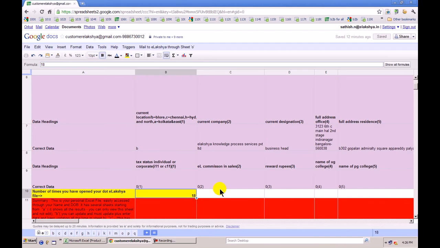Point number 17. The cloud is all powerful. We have moved all our applications to the cloud, though obviously it's a very secure cloud. As I mentioned, only two people have access. One is this ID and the other one is your own ID. So please use your .elexia file.